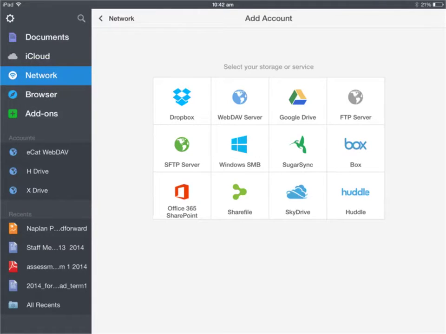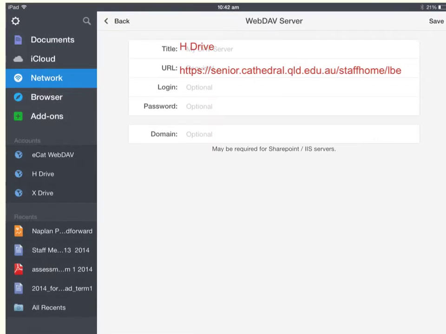You'll come to some choices. We are choosing the WebDAV server, and we will get to a page that asks us to put in some details. We'll do Hdrive first. So starting with the title, I called it Hdrive. It actually doesn't really matter what you call it, but common sense, let's call it Hdrive. And we need to put in this URL here,